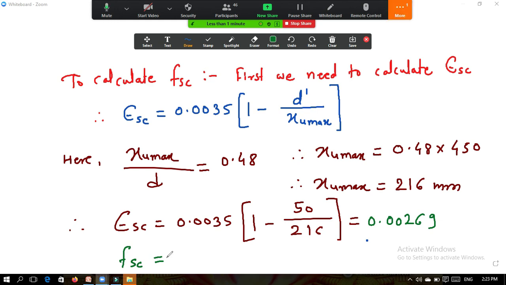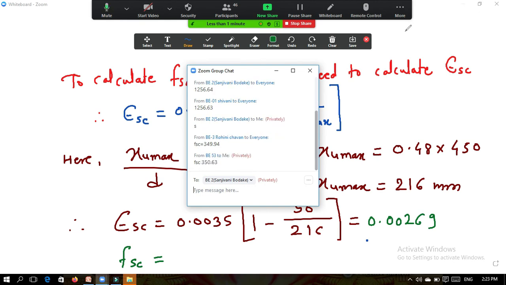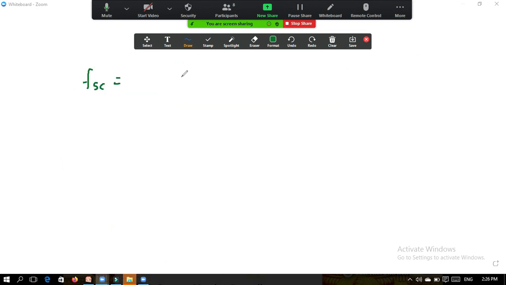What is the value of FSC? So the answers are 349.94 and 350.63. Both the answers are near about. I have got two answers. One answer from roll number 3, that is 349.94. Another answer from roll number 53, that is 350.63. So others, please calculate the answer. We will go with the majority. What is the answer? Others, please. FSC is equal to,